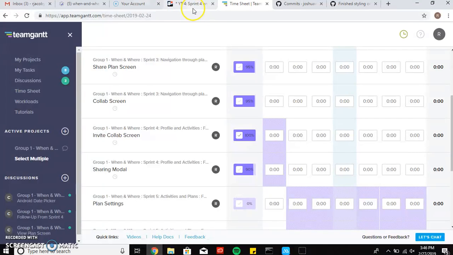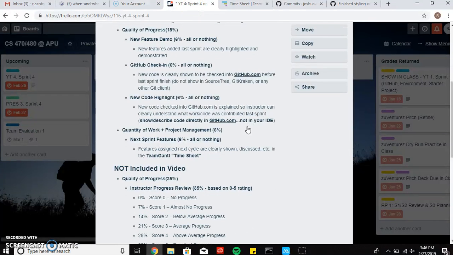Let's just go to Trello, make sure I got everything. And yeah,